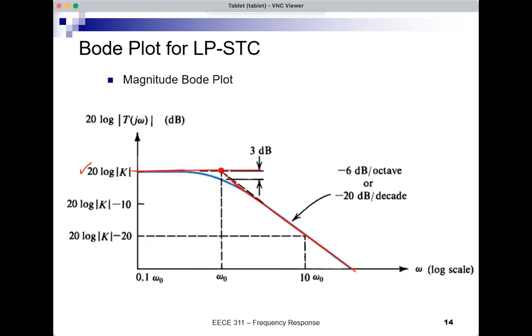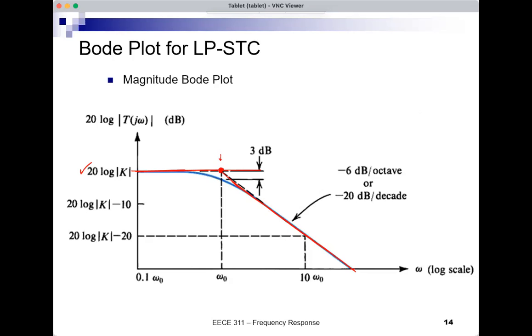To build the second one, I know that for an LP-STC, it will be a slope of minus 20 dB per decade. So I know the slope. So I need a point. And the point is omega 0, this point here. So at omega 0, I construct the second asymptote. It's a straight line that will have to go through this point, which is omega 0, 20 log K. And it has a slope of minus 20 dB per decade, or minus 6 dB per octave. So that's a very quick and easy way to construct an approximate Bode plot for magnitude,